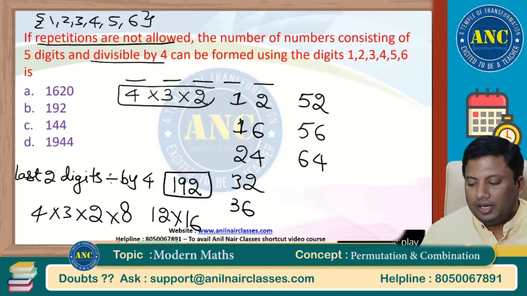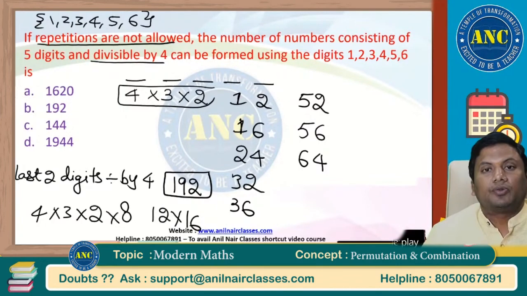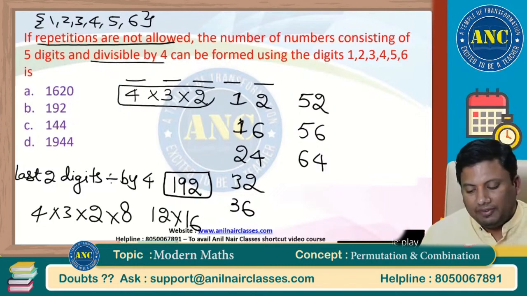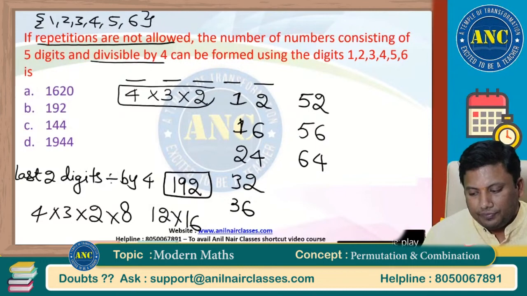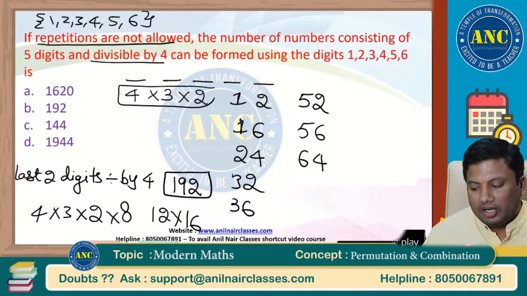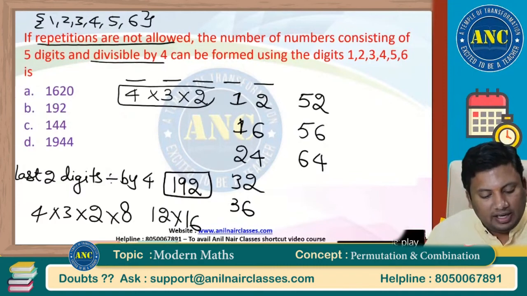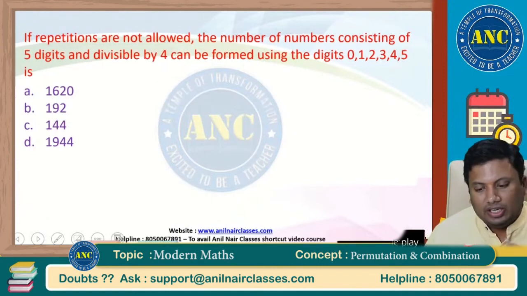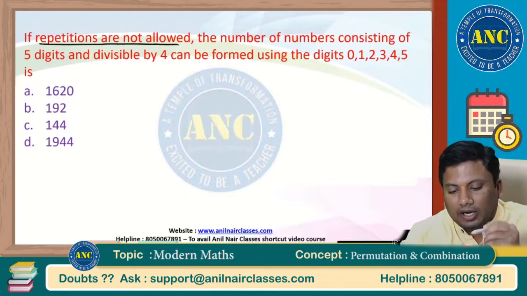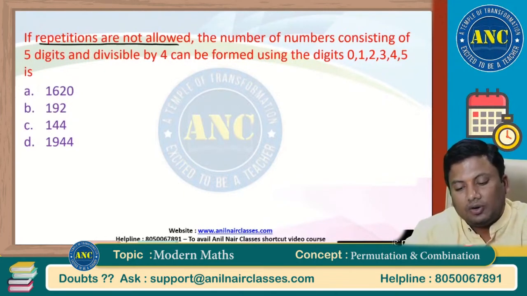It can be 12, it can be 16, it can be 24, it can be 32, it can be 36, it can be 52, 56. Repetition not allowed, so 44 it is not taken. I hope it is clear. Answer is 192. Next one, if the repetitions are not allowed, repetition of the digits is not allowed, the number